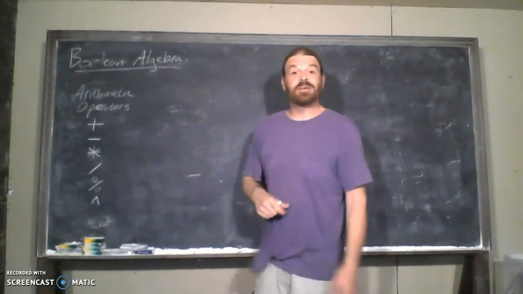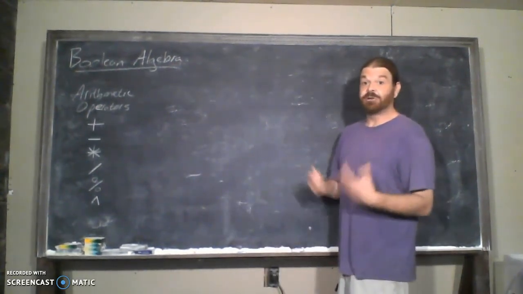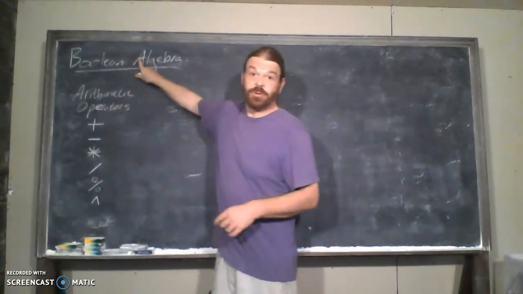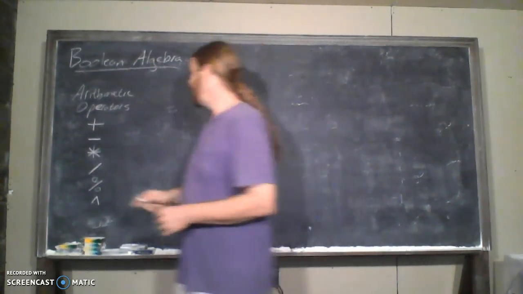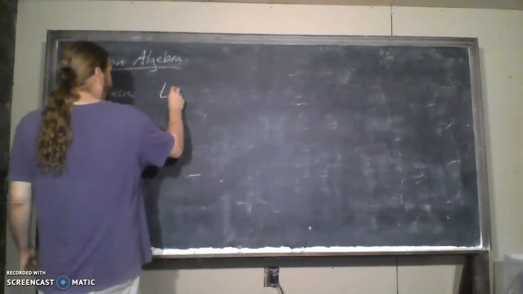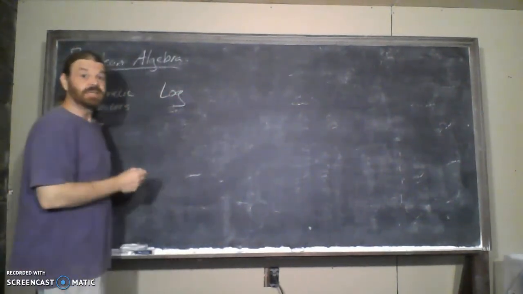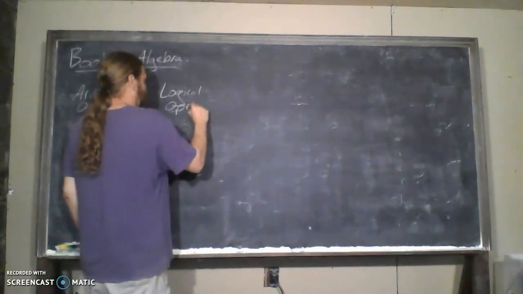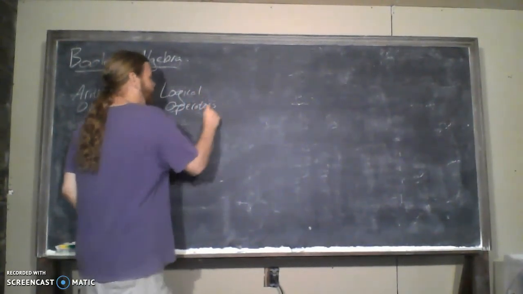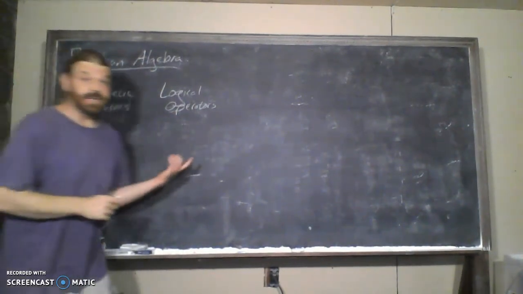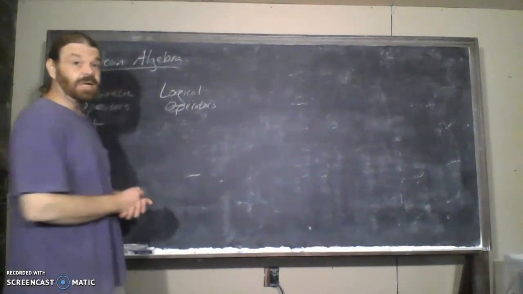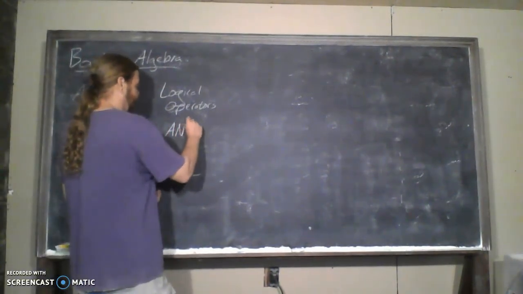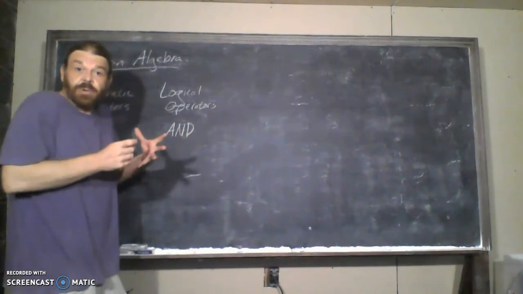So that's what we're going to look at for an introduction to Boolean algebra: our operators for this other type of math we can do. And the term we're going to use is logical operators. We just saw all the words when we were talking about set theory a moment ago. So our logical operators are going to be like AND,